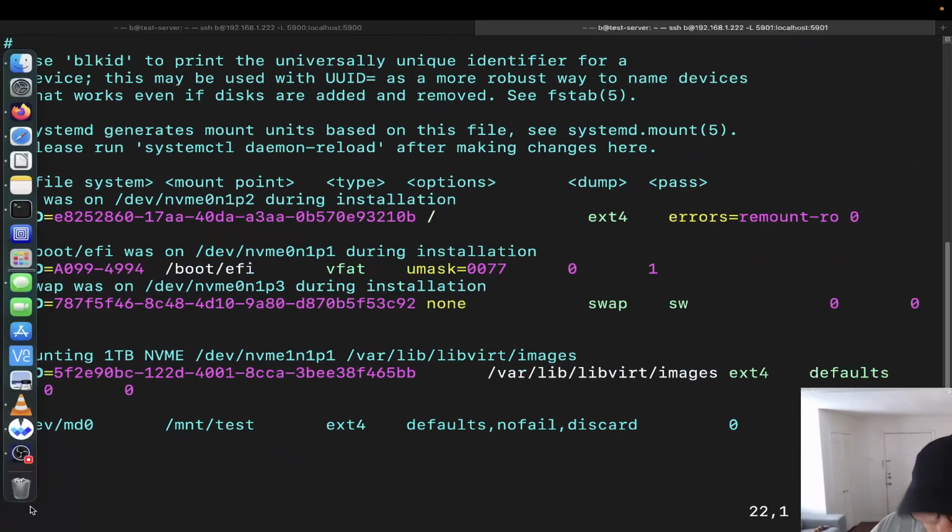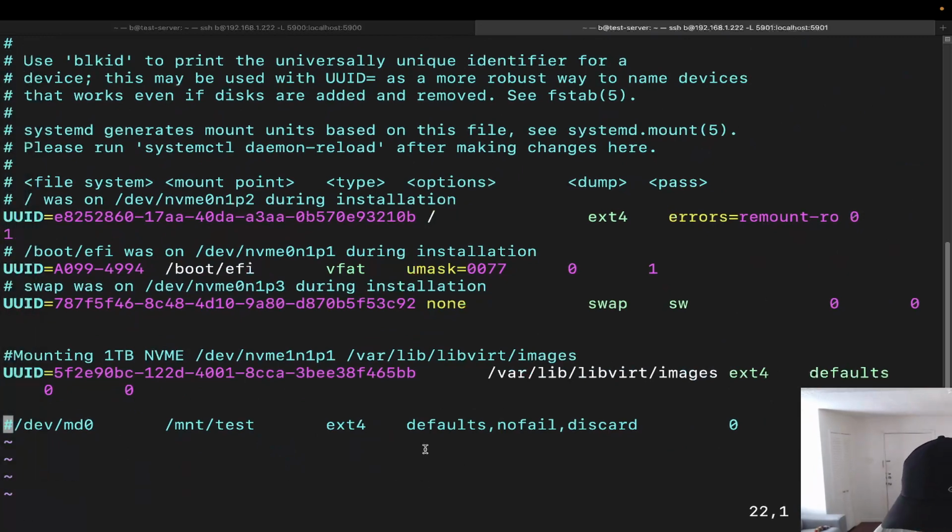The fonts are really big. Sorry for those of you on mobile screens. I just want to be able to show everything in the shot here. So here we go. We're going to go back, and essentially what we're doing here is we're specifying, hey, this one right here, I want you to mount that at /mnt/test. I want you to mount it with ext4,